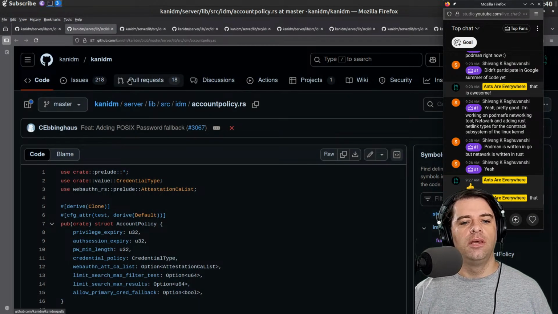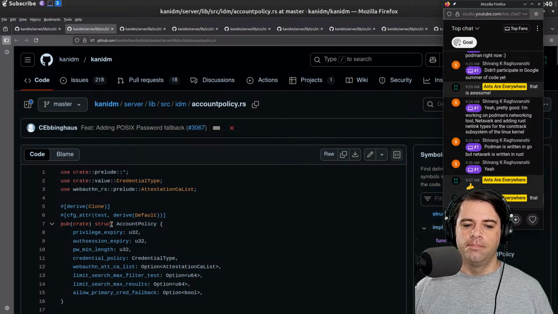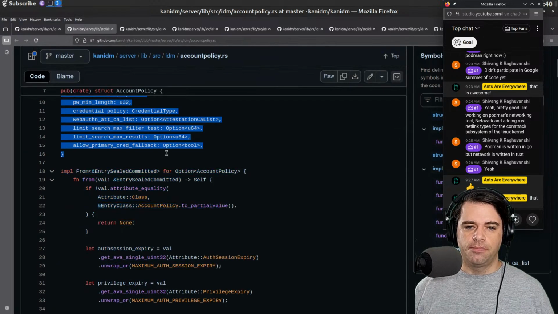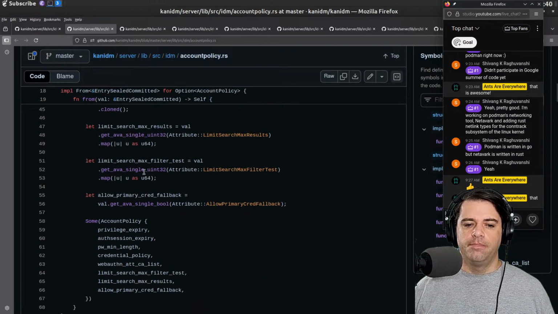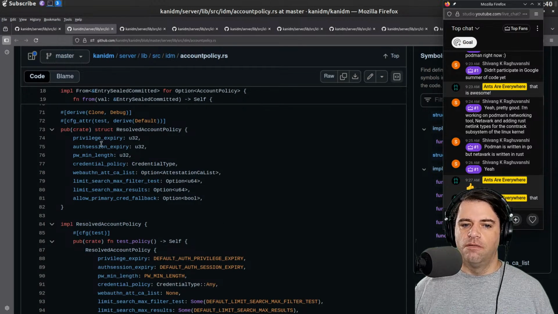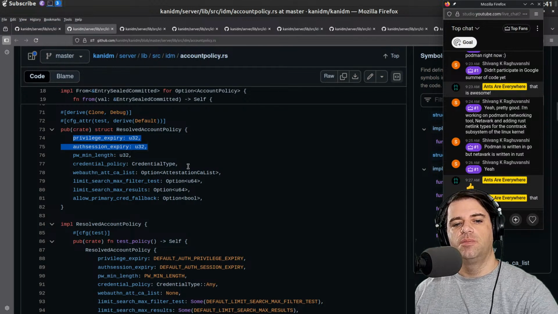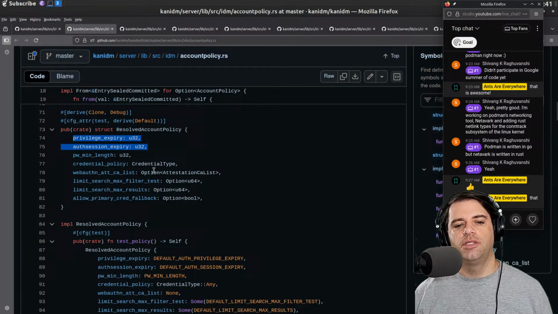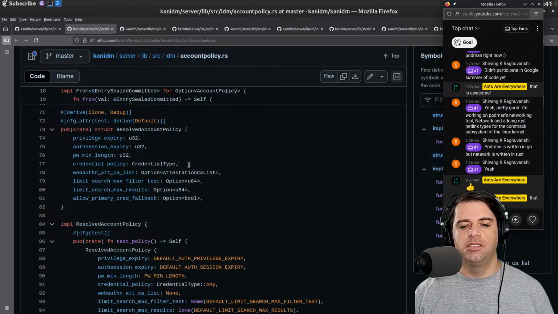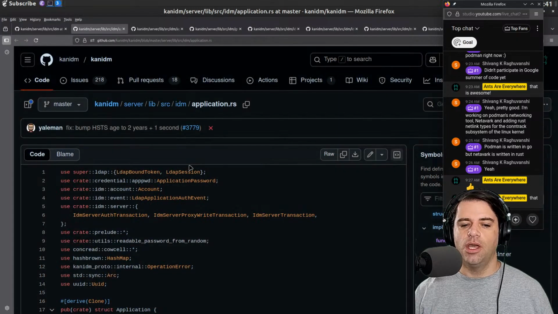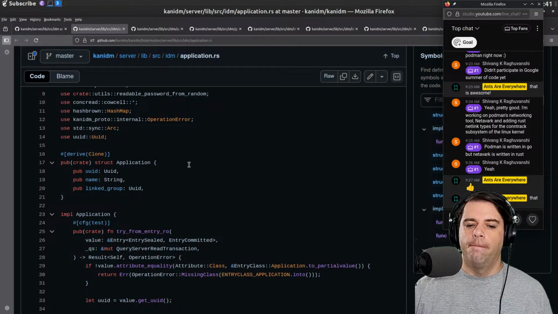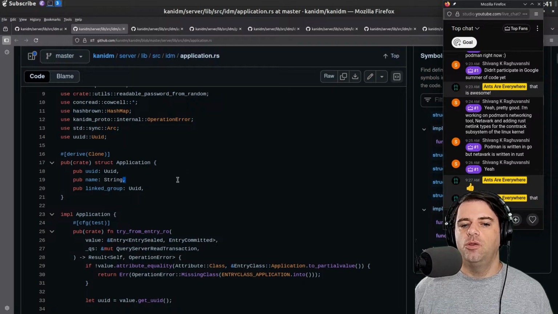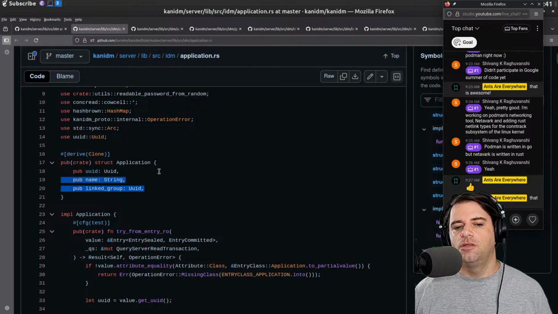Account policy is some structs. We've got credential policy, credential type, blah, blah, blah. Resolved account policy with expiration, auth session expiry, credential policy, web authentication, CA list, etc. Okay, what is application? Application is a thing that has a UUID, a string, and a linked group.